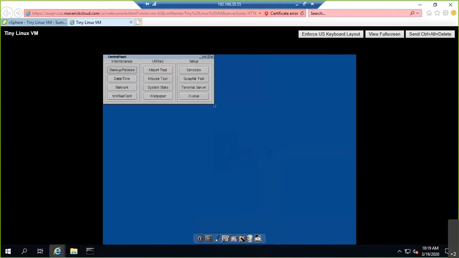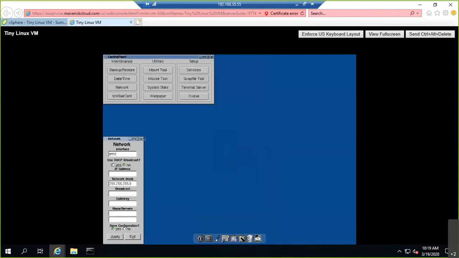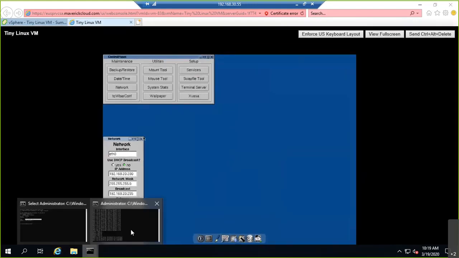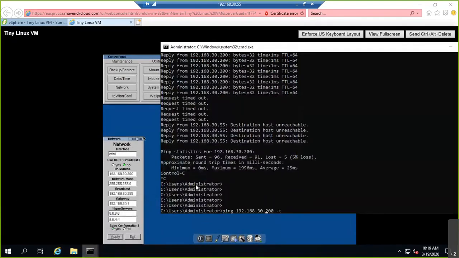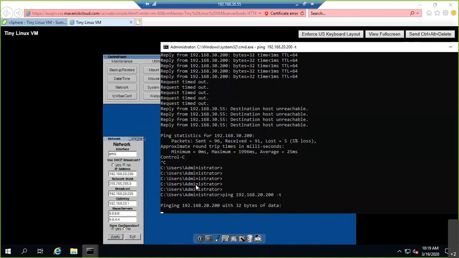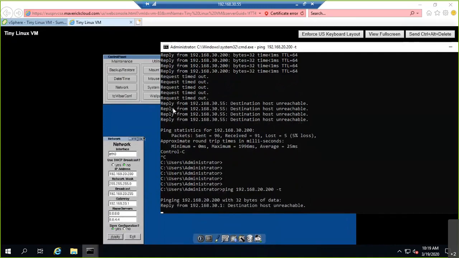So control panel. Now I will not give any IP related to VLAN 30. 192.168.20.200, and 20.1 is the gateway, right? 4.4, and apply. You come out and try to ping it. Which IP I gave? 20.200. You will not be able to ping it because